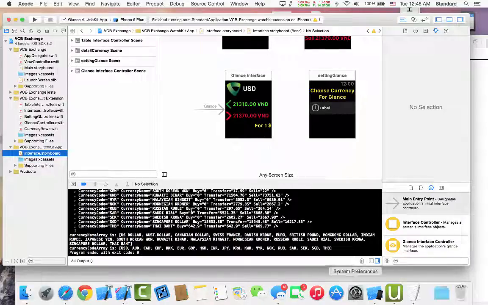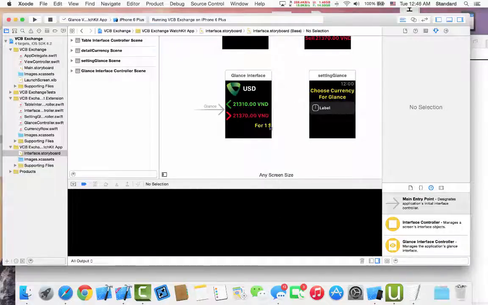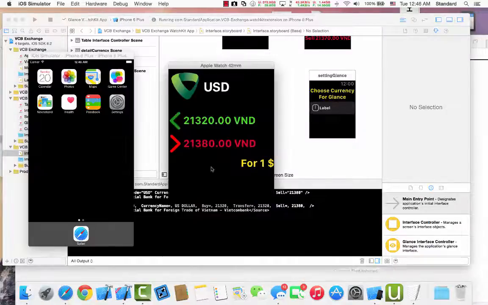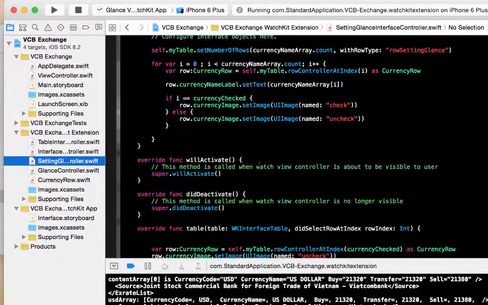Okay, now we have our app with our setting plan working perfectly, but now I think we have to recode this CLAN interface, because now the CLAN interface depends on the setting CLAN. Okay, so first of all, I think we have to